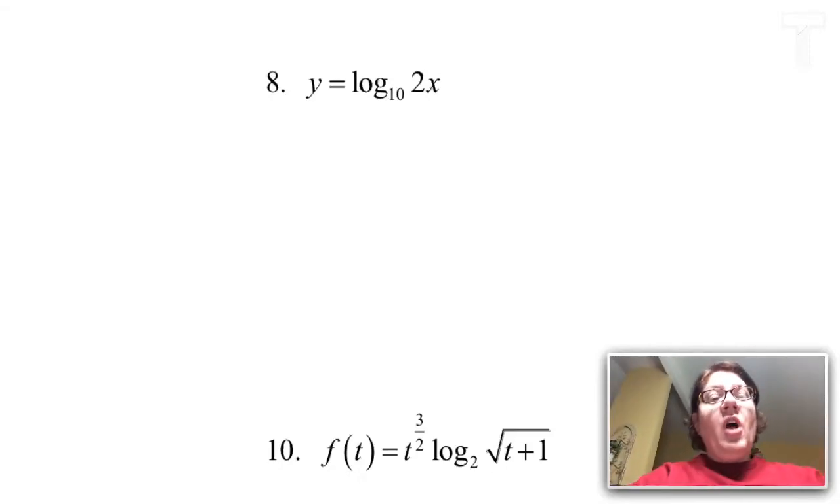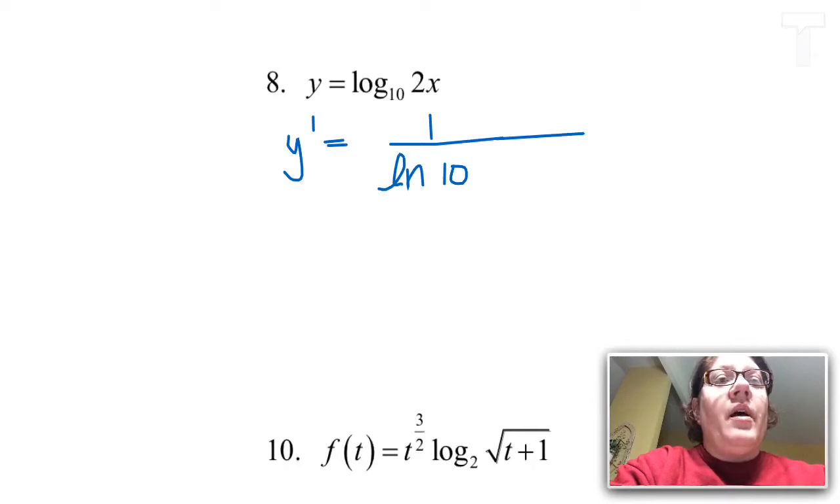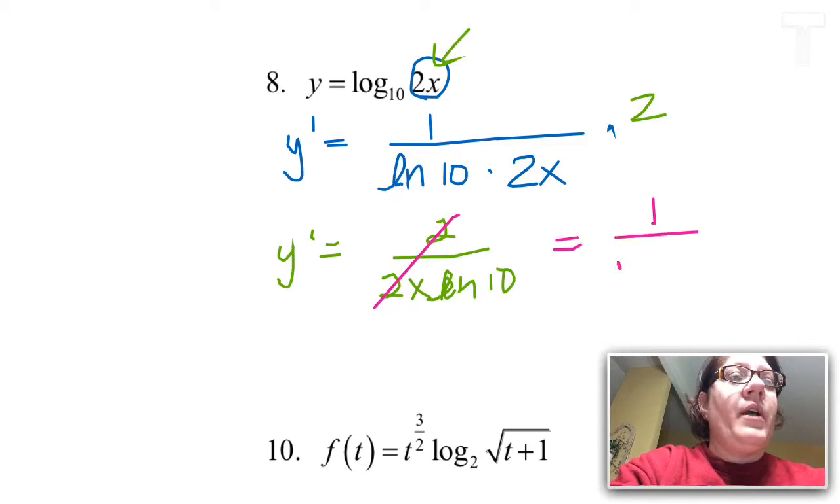Now we're taking the derivative of a log, and remember it's on bottom, so I have 1 over natural log of the base again, times the stuff, times the derivative of the stuff, which would be 2. So I get 2 over 2x natural log of 10, and of course my 2's will reduce, so I'll have 1 over x